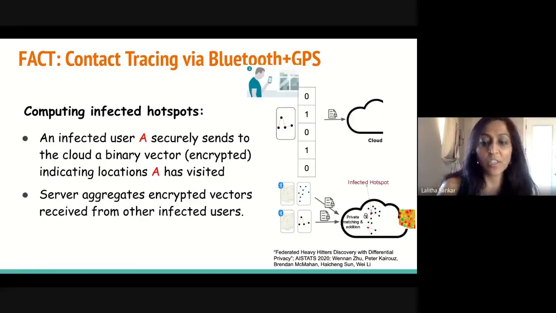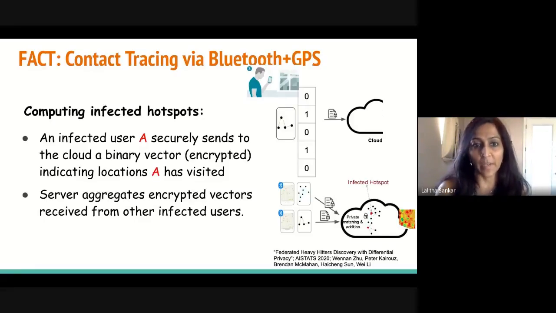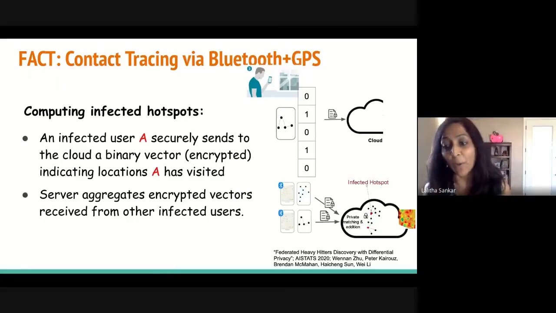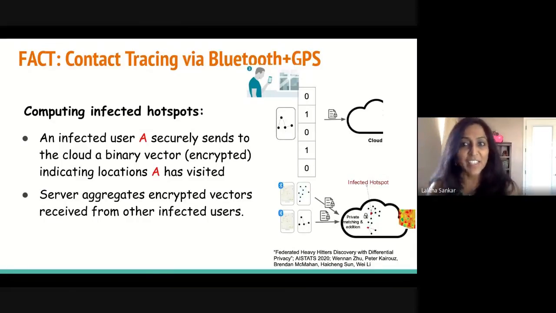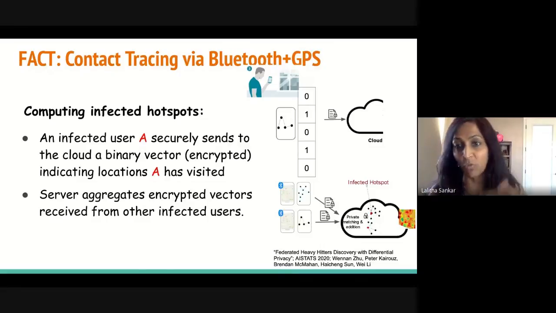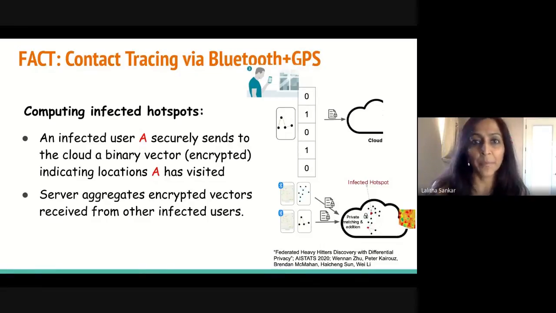So the server is just then going to aggregate these encrypted vectors from infected users. So this way you get a sense of the infected hotspots. There's a natural problem here. If you were to scale this from, say, an ASU campus to states, cities, counties, countries, how big does this vector get? And that's a genuine problem that my collaborator, who's working on these parts, is considering using heavy hitters to threshold what you aggregate on.